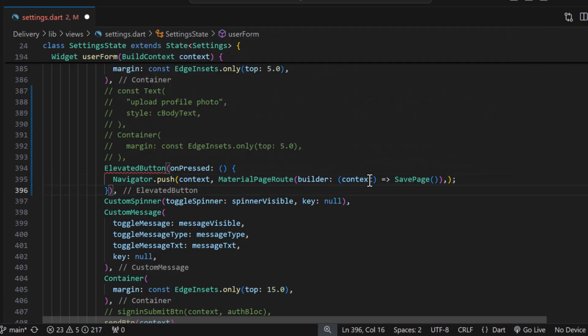So simply, as you can see, the elevated button, what it does is, if you click on that button, Navigator.push opens up another material page, which is called save page. Now let's give a name to this button. We'll call it upload documents. Now, because we need two different buttons,